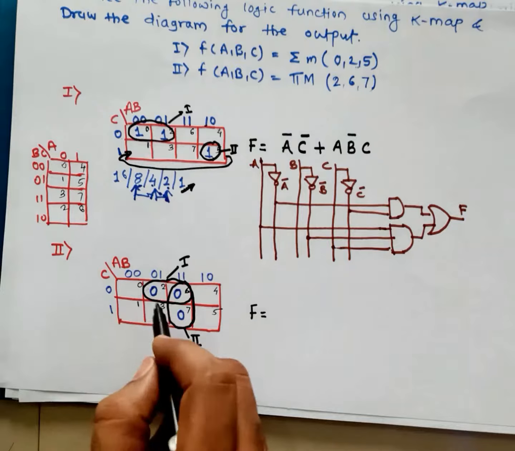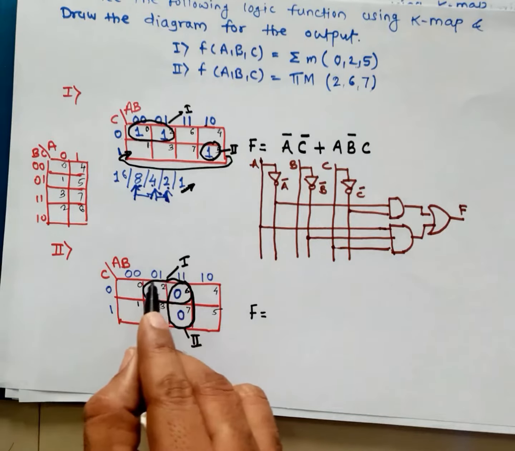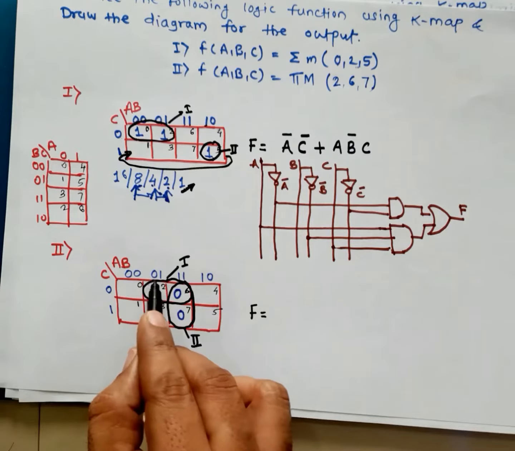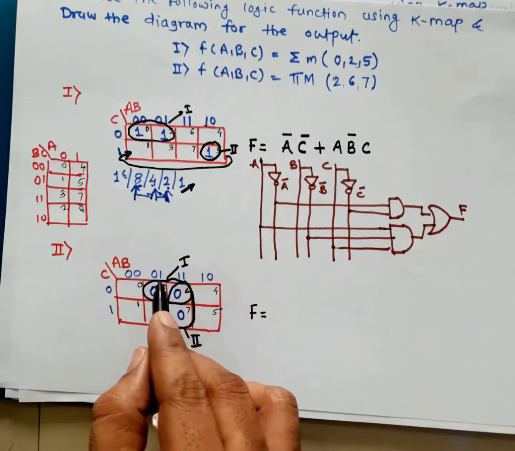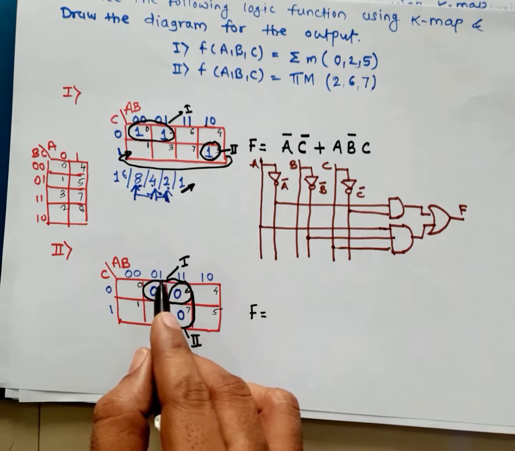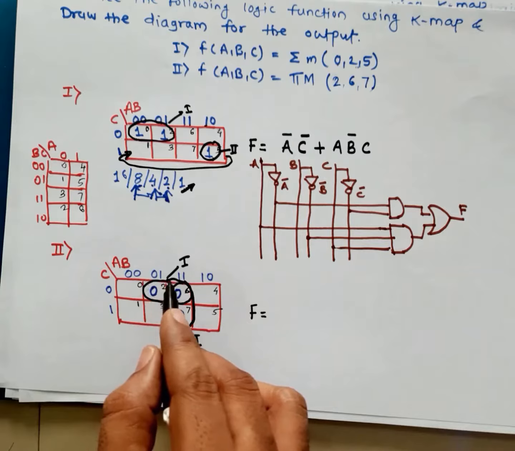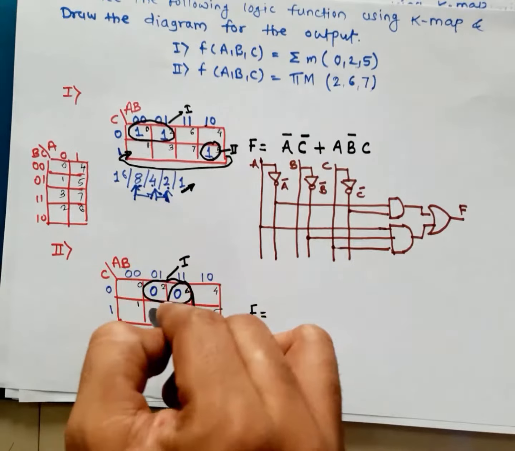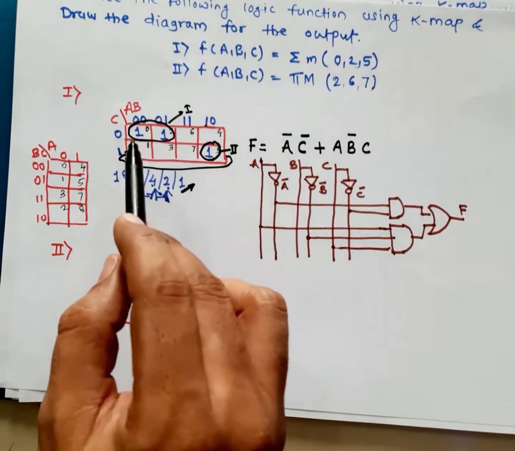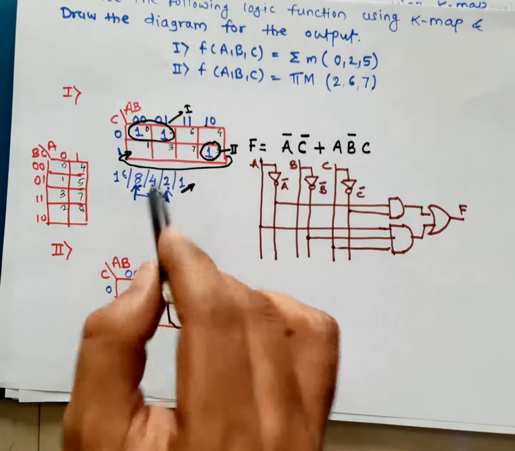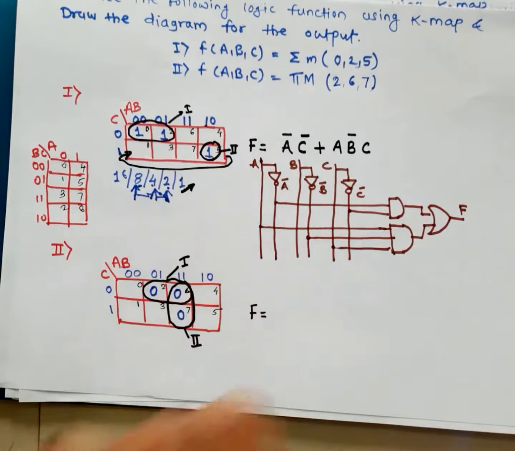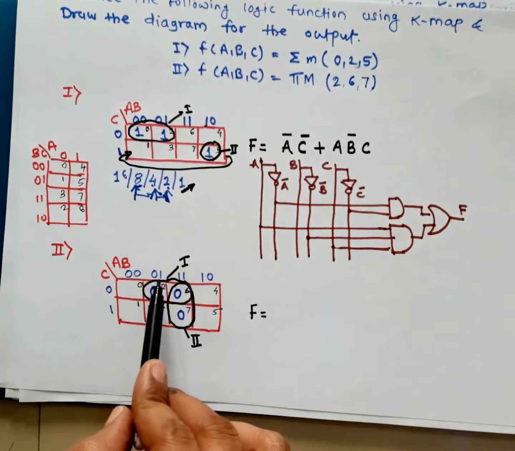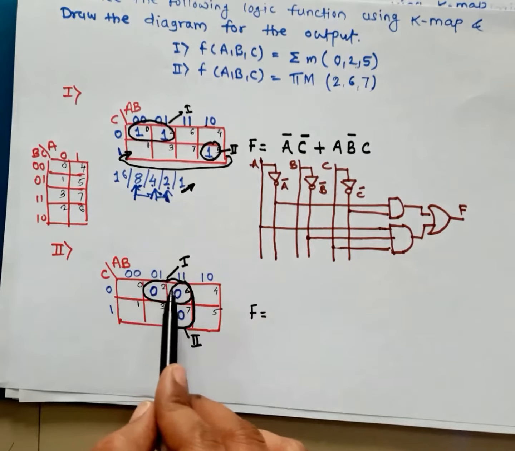So consider the first group, where these two columns are considered and only one row is there. The value of A is 0 and 1, so the value of A is different. So we need to eliminate the A variable, whether it is in SOP form or POS form. If the value of a variable is different, then that variable is eliminated. Eliminated is nothing but its default value is 1. Now the value for B is 1 in both columns.